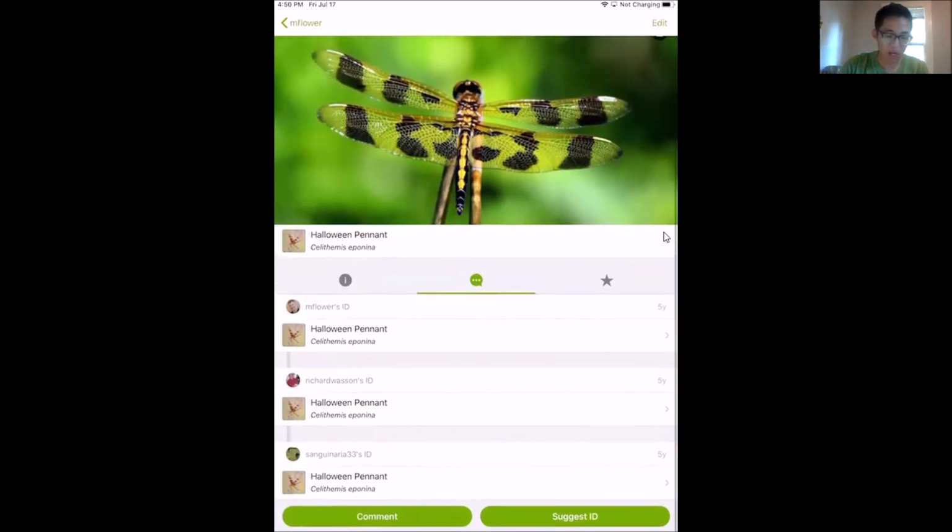And we can see 2 random people, Richard and I can't pronounce that person's name, confirmed that this was a Halloween pennant. So you have 3 people confirming that this is a Halloween pennant, which makes it really powerful that it really was a Halloween pennant and wasn't made up. So cool. All right, I'm going to show you quickly how to share audio,